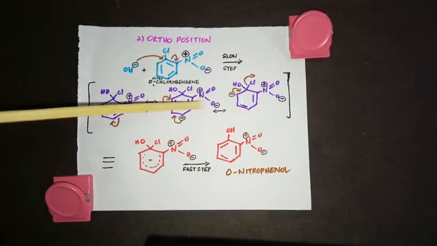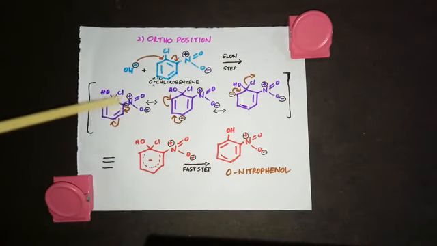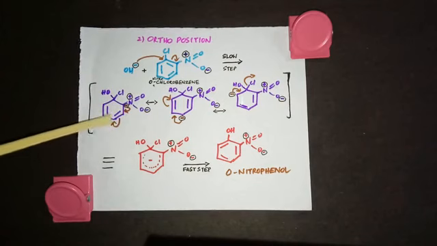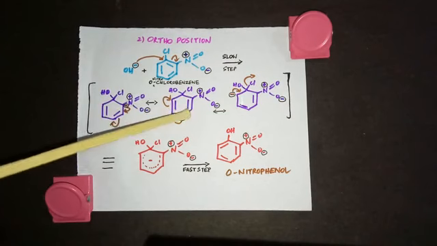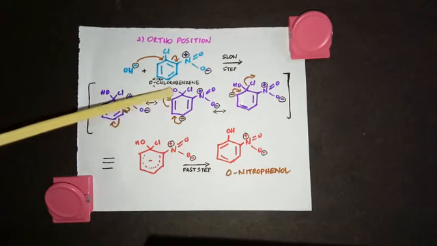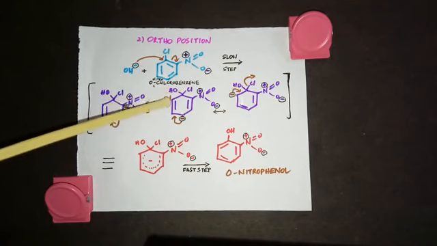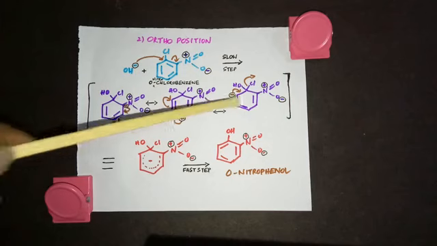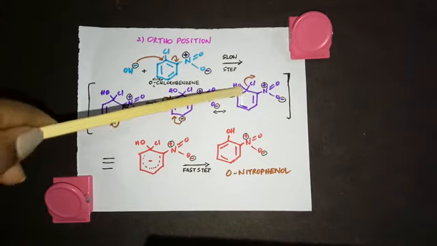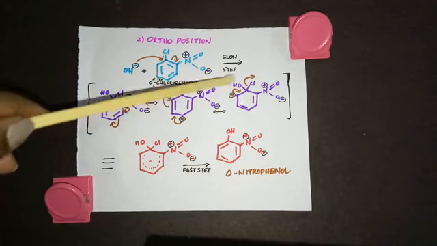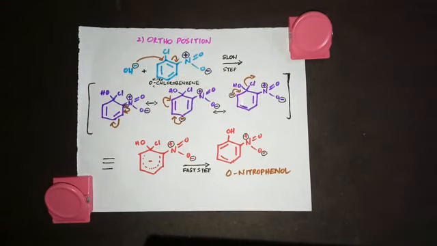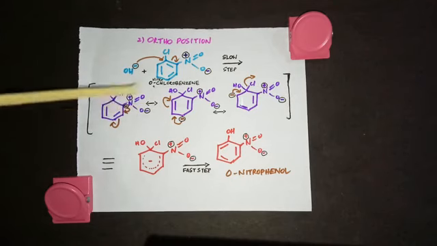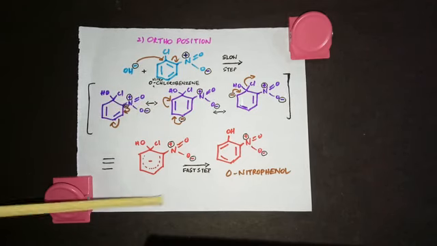Now this carbanion is going to undergo resonance to get stabilized. So these are the resonance structures. So this negative comes here as a bond, and this bond comes here as a negative charge on the carbon. So here you put a negative charge, you put the bond here. In this picture, this electron goes here as a bond, and this bond comes here to this carbon. So based on these arrows, you put the negative charges here. So you get a bond here, and this bond comes here as a negative charge. So here this negative charge comes here as a bond, and this chlorine is going out as what?